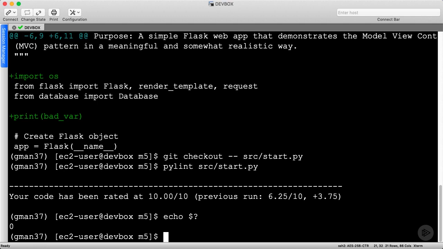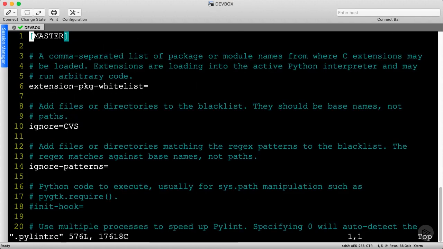I want to finish up by introducing you to the config file for PyLint. Sometimes you'll want to enable stricter or more relaxed rules depending on your goals. We can generate an RC file using the callout, but instead, I'll open the file I already created, and the conventional name is .pylintrc. I won't dig into the details here, but as a programmer, you can customize how PyLint operates. The file is well commented, and many of the options become self-evident after reading about them. Next, let's talk about unit testing, the next stage in our pipeline.